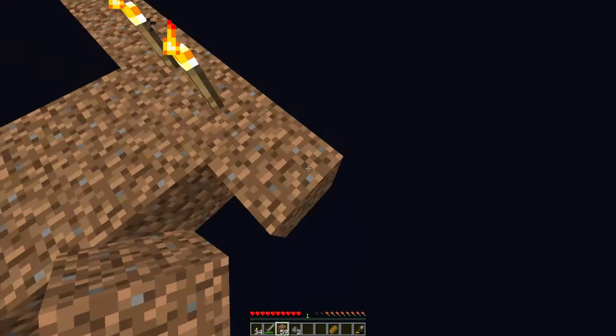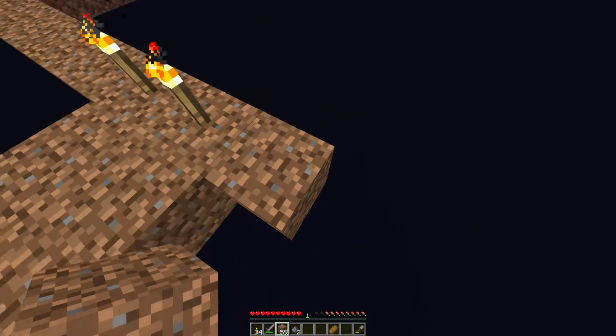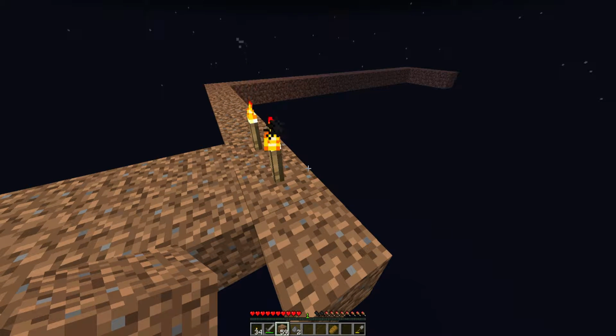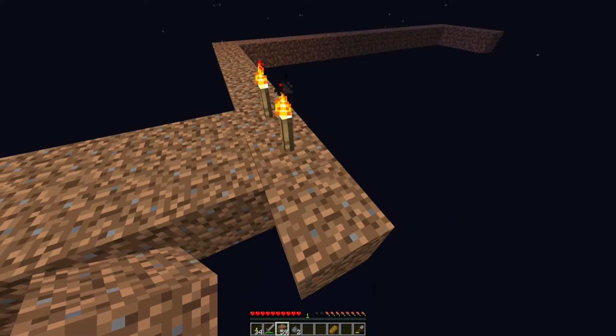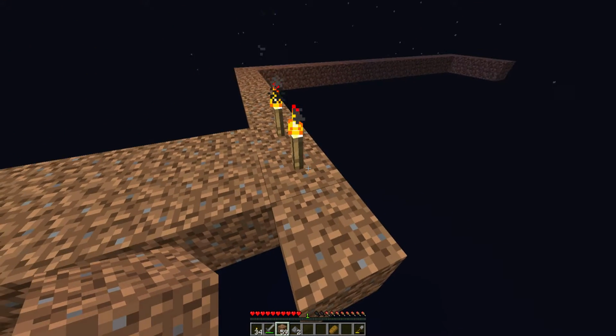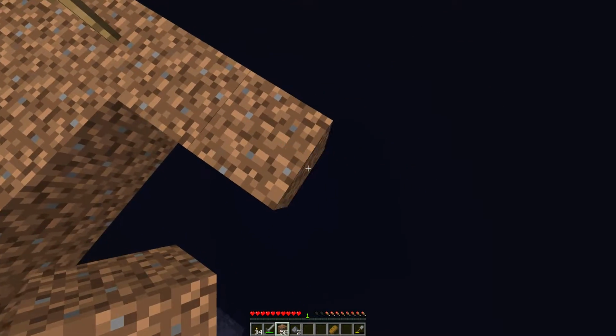We are making this platform the size of a chunk because it'll be easier for keeping them. One, it's a nice number. 16 is a good number. And two, it's just a larger area for them to spawn, so that they're not just set for a certain area. 1, 2, 3, 4, 5,